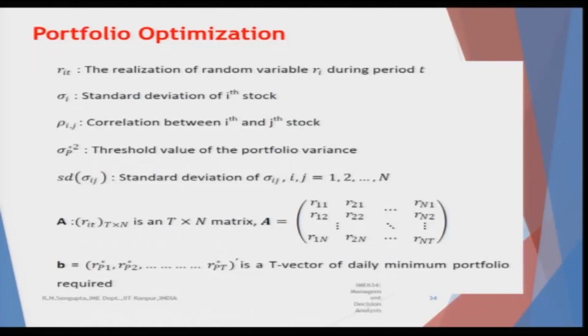And A would basically be the matrix corresponding to RIT, that means for R1, which is the return for the first stock, there would be values R11. When I say 11, 12, 13, all numbers as I have already mentioned are the suffix values. So, you have R11, R12, R13 corresponding to the first stock at different time periods of 1, 2, 3, 4. The time periods can be seconds, can be minutes, whatever it is.